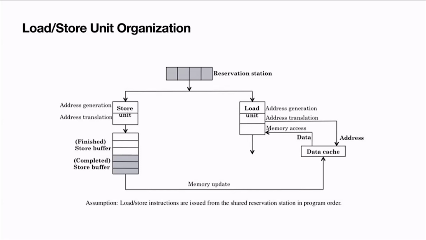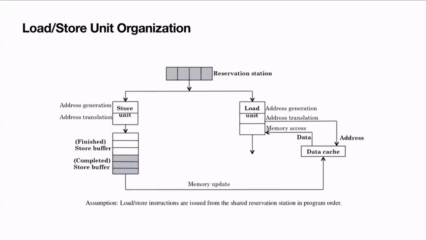But we'll be taking the store instructions from here, and then we'll be writing to the data cache later, right? So basically what we are going to do is, first we will finish the store operation by writing into the store buffer, and then taking the values from the store buffer. When the store operation comes to the head of the ROB, we'll move it from the finished store buffer to a completed store buffer. And at the retirement stage, we'll take the values from this completed store buffer and actually write